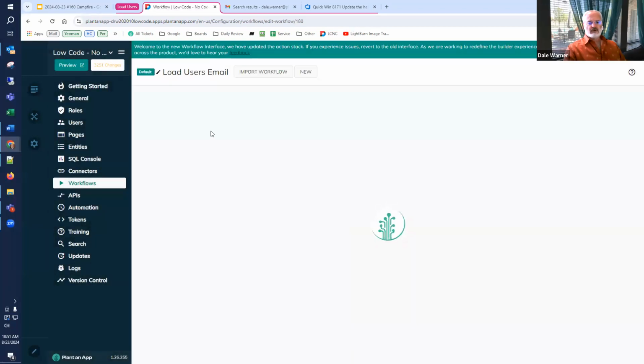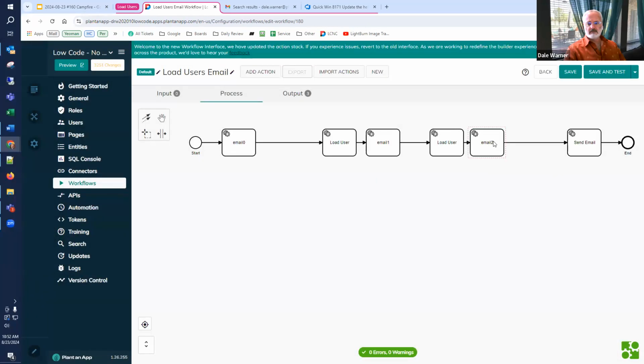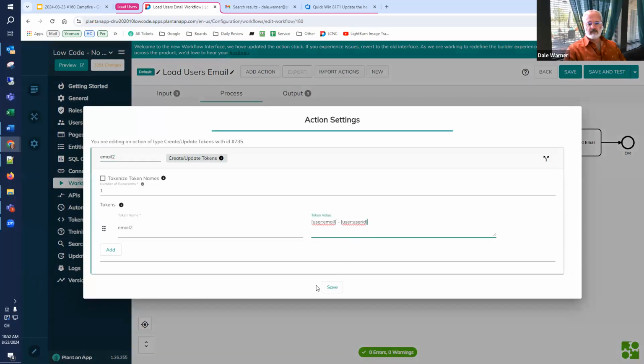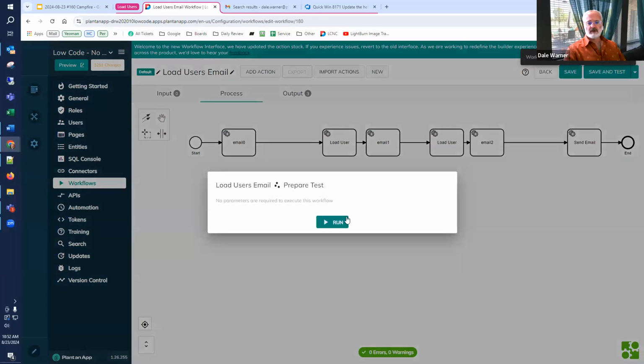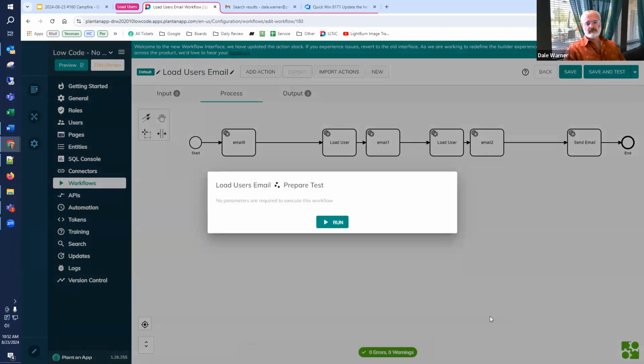You know what, I like to experiment, so to make sure that it's completely clear, let me also put the user ID here, so we can see that's changing as well. We'll put it on each of these so that we can see it output. When the load users run, the user ID changes, the email changes. So I started as 2, then I became 62, then I became 63. I don't think there's any big shock yet, but